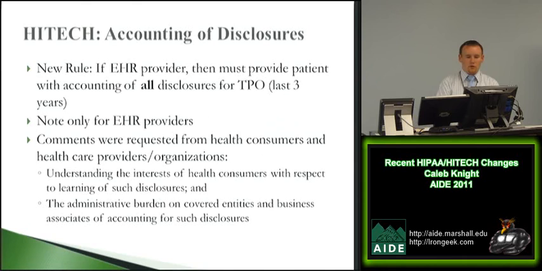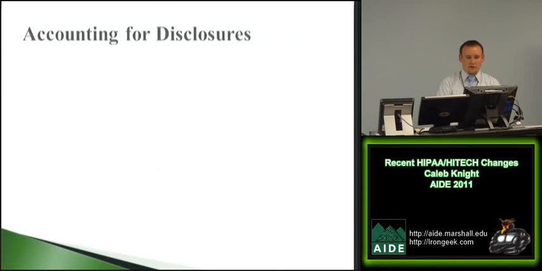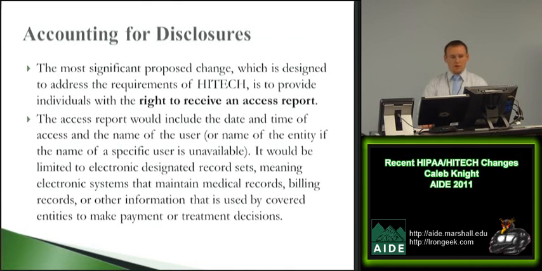So basically, under the new rule, that exception is out, and if it's an electronic health record, the provider has to provide the patient with an accounting of all disclosures. That's it, basically all disclosures, not just the disclosures that fall outside of the old exception. So importantly, this puts a pretty big burden on a covered entity, because basically what you've got with the accounting for disclosures rules, anytime